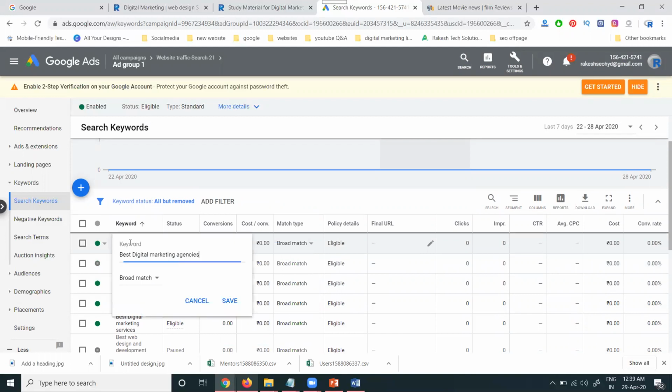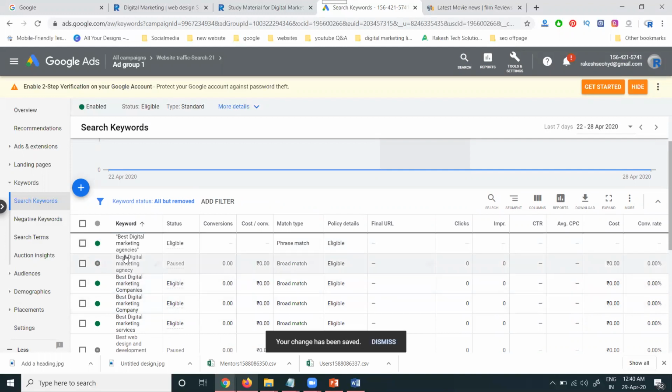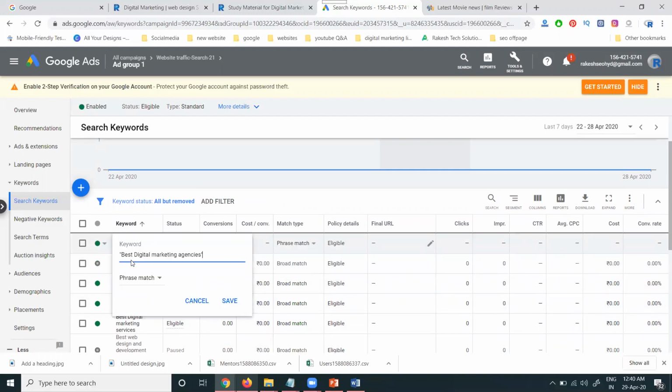When running keywords, we select the match types: broad, phrase and exact match. Which match can we go with? I can go for phrase match, added through the phrase match option. Phrase match is always kept in double quotes. Suppose "best digital marketing agencies in Hyderabad": agencies will match, Hyderabad will not match, and they show you a particular ad. Why? Because the phrase will match your particular keywords.